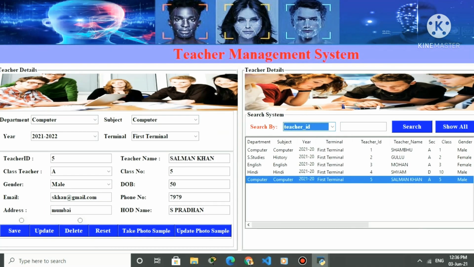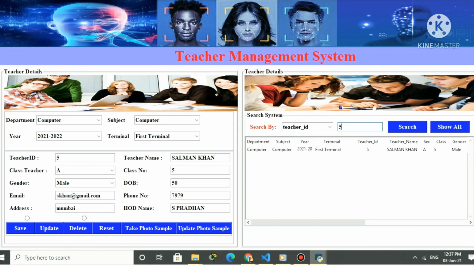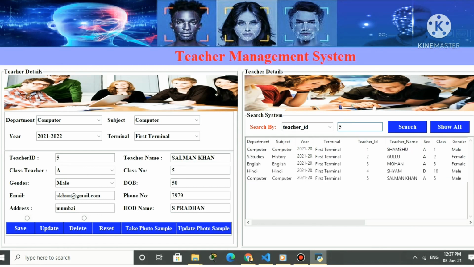After writing the ID number here, you can click on search. See, here it is showing the teacher's details. You can see all the teachers' details also by clicking the show all button. Once you click on any teacher's details, you will see the details in the boxes also.